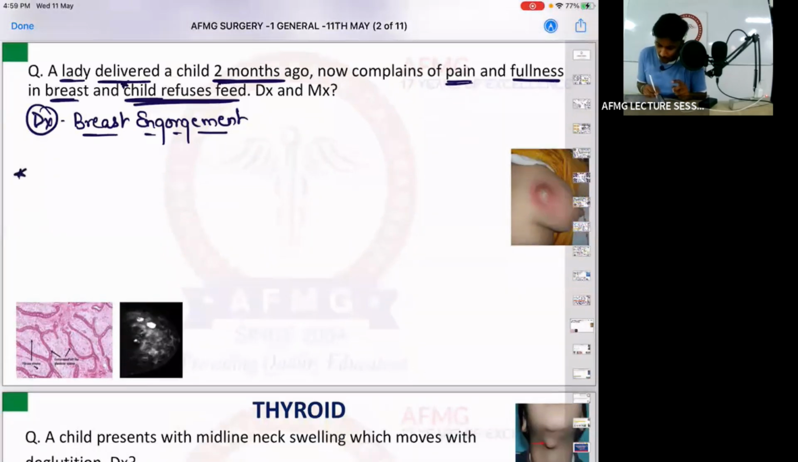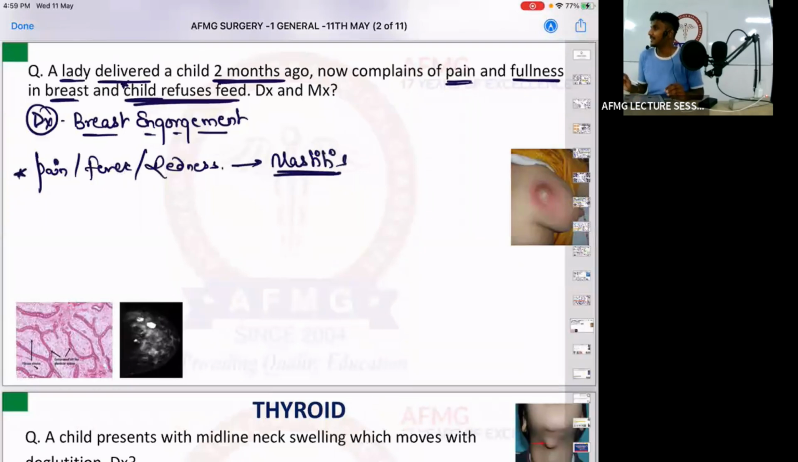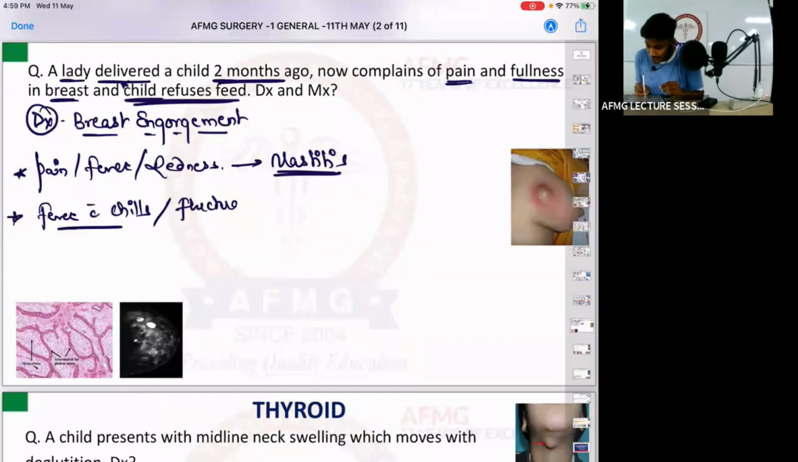Along with these features, if I also mention pain, fever and redness, then it is mastitis. Remember: pain, fever and redness, the diagnosis will be mastitis. Along with this, if I add that the patient has fever with chills, that means it is a pyogenic inflammation. Along with that, I can also add a fluctuant mass. Then your diagnosis becomes